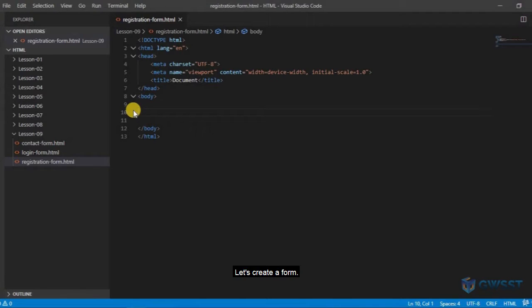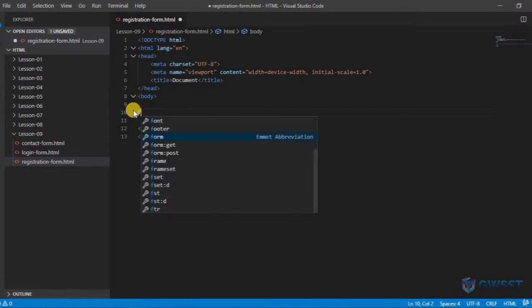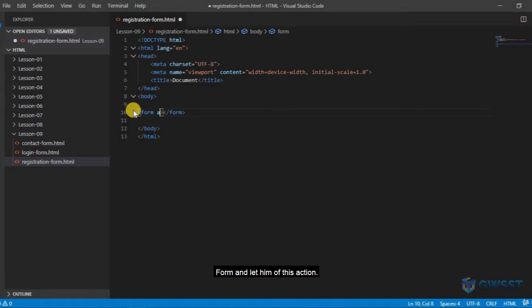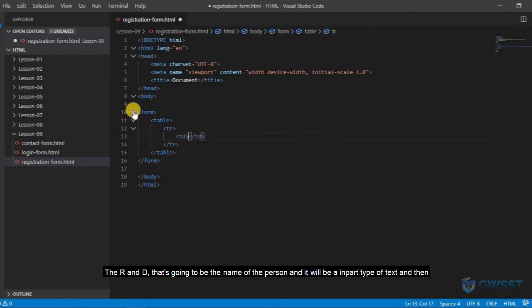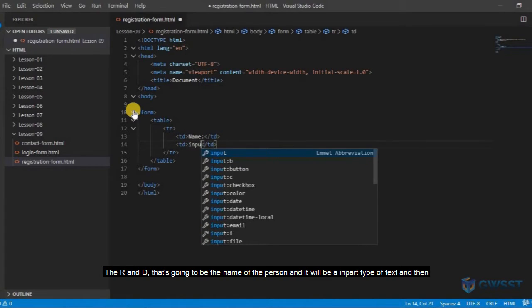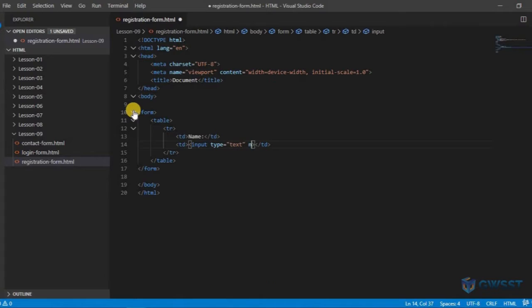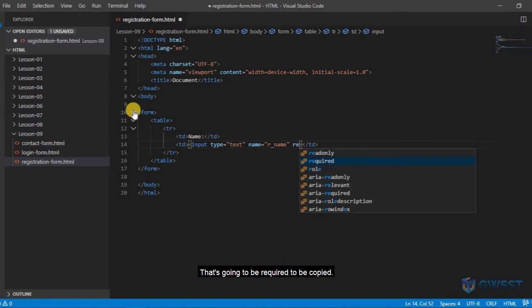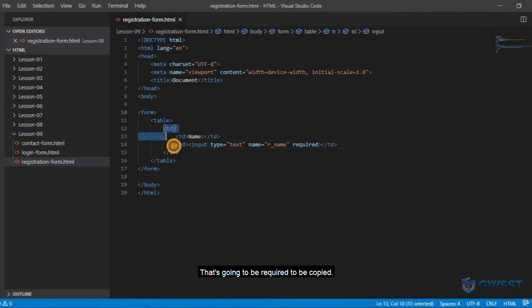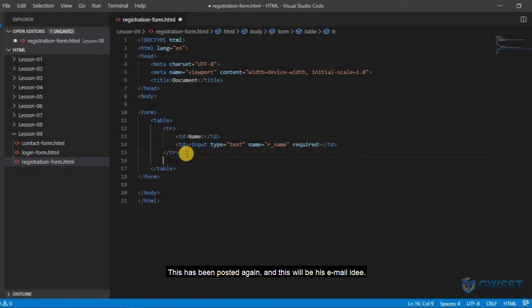To do that, let's create a form. I'm going to remove this action, and here we'll create a table. Say tr and td. That's going to be the name of the person, and it will be an input type as text, and I specify the name as r underscore name. That's the registration name. We need that. That's going to be required. So let me copy this. Let me paste it again,